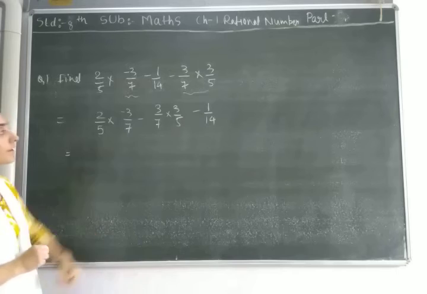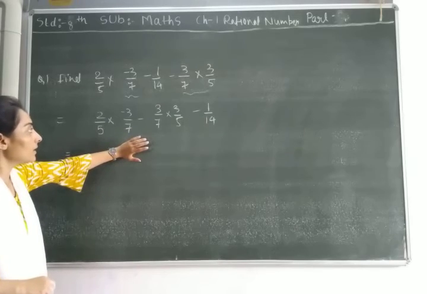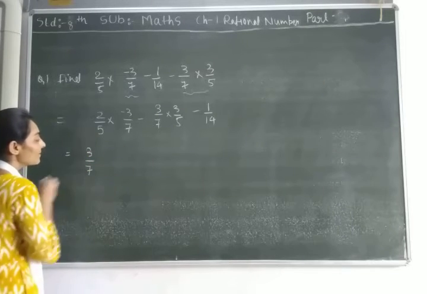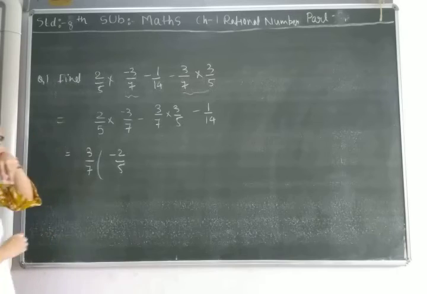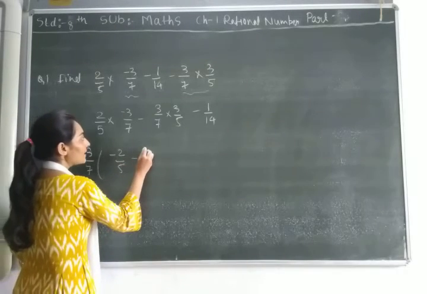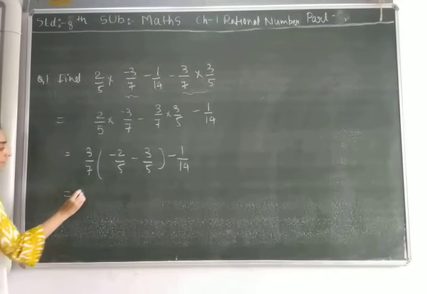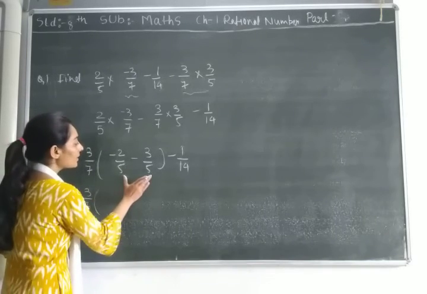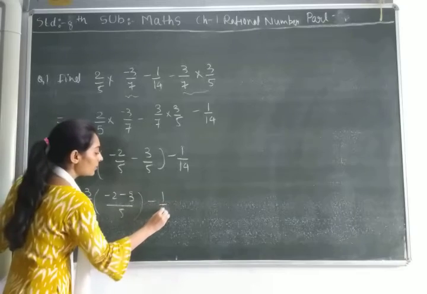See, what else can we do over here? Now, you can take this common thing outside. So I am taking 3 by 7 outside. Minus 2 upon 5 left, again minus 3 upon 5 left, minus 1 upon 14. Now solve the bracket first. Now look, my denominator is the same, so we can take the LCM. Take the LCM over here, so that is 5. So minus 2 minus 3 over 5, minus 1 upon